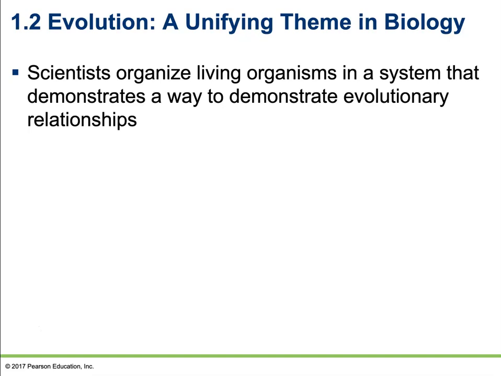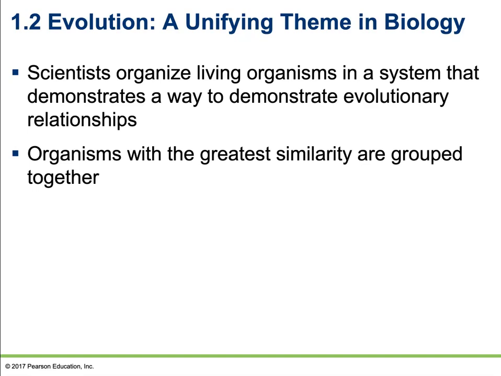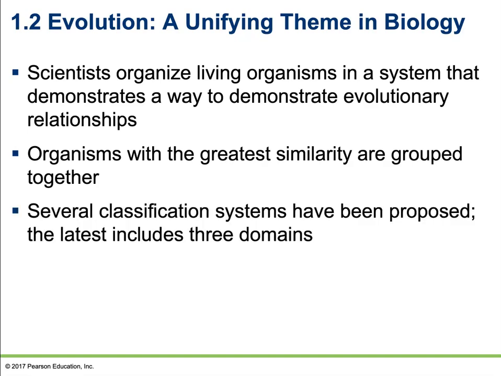So because of this great diversity of life, scientists have a need to classify and organize life to help clarify our work and give us a better understanding of living relationships. This branch of study is called taxonomy. It's used to help us explain and understand evolutionary relationships. With this branch, organisms that have the greatest similarity are going to be grouped together. Organisms that are more diverse are going to be found in more separate categories.